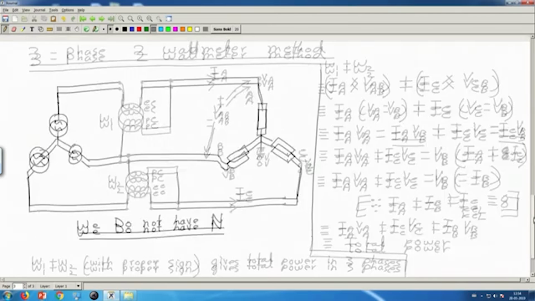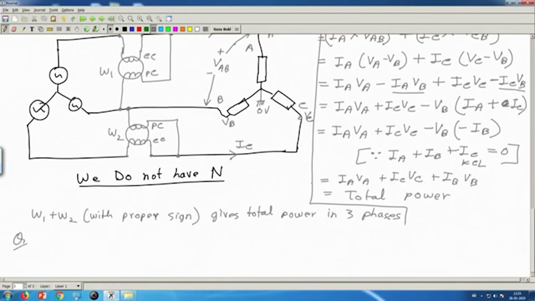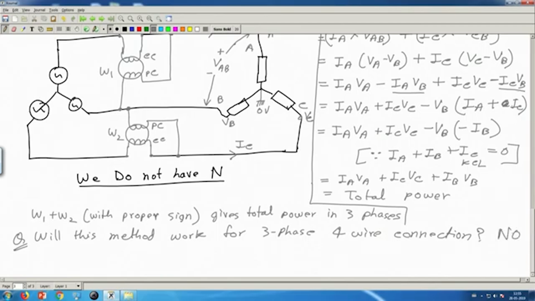So, question: will this method work for a 3-phase 4-wire connection? Think. And now I am giving you the answer. The answer is no. Why? Because